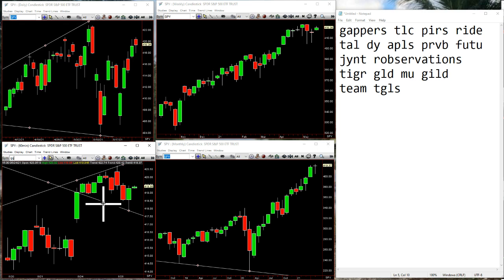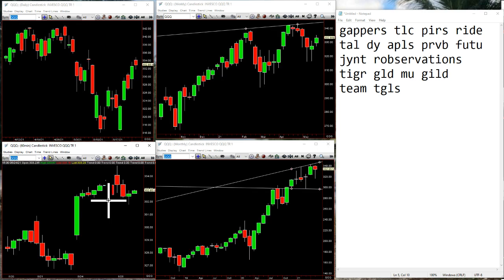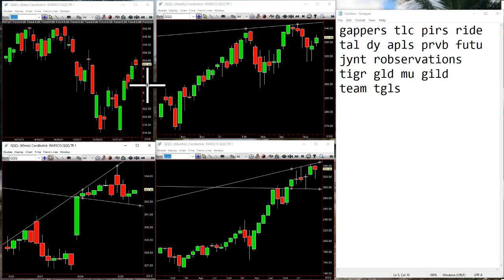If you go to QQQ, see very similar here. Taking this out, taking that up. How are we going to get outside of this? Now for the next hour, if the Qs are going to recover, you'd want to take this out. 332.86. You're there right now trying. Once again, conflict. You've got the inside week to the upside. We're backing off on the daily, still red, but still green on the week, right? And red on the month. So you got conflict all over the place, and that's when you get this chop shop where a lot of times, like this morning, I'm calling off a lot of trades and saying, hold on, let's figure out what they're doing here, right? So if we go to the Dow Jones Diamonds,